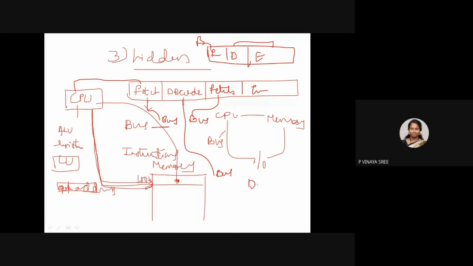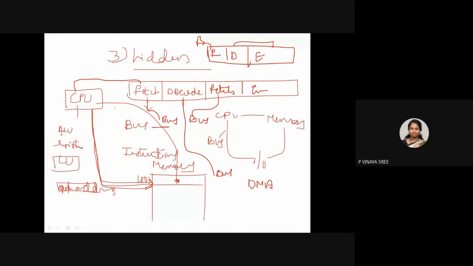So DMA will not request anything. Only when the processor is not using the system bus will it share the bus with the DMA. How can I say that?